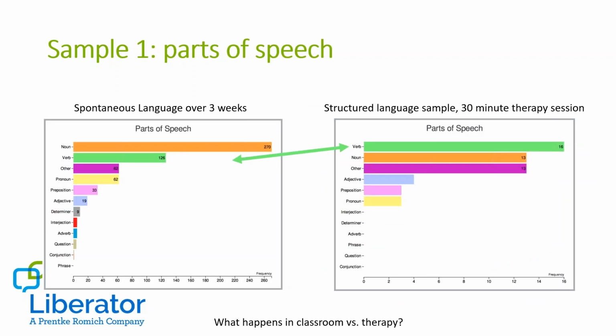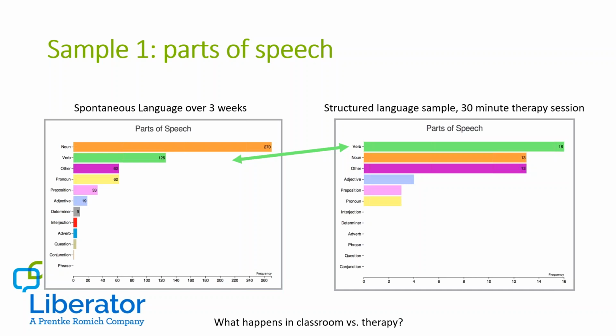answers to those questions. Then what they did, so like I said before, you can pull out particular subsets of data. So over on the left is his spontaneous language sample over 3 weeks. And then the one on the right is a 30-minute therapy session. So because the time and date were correct, you're able to pull out that therapy session and analyse that data on its own. And that's really, really interesting, because what you can see is that in his spontaneous language sample,